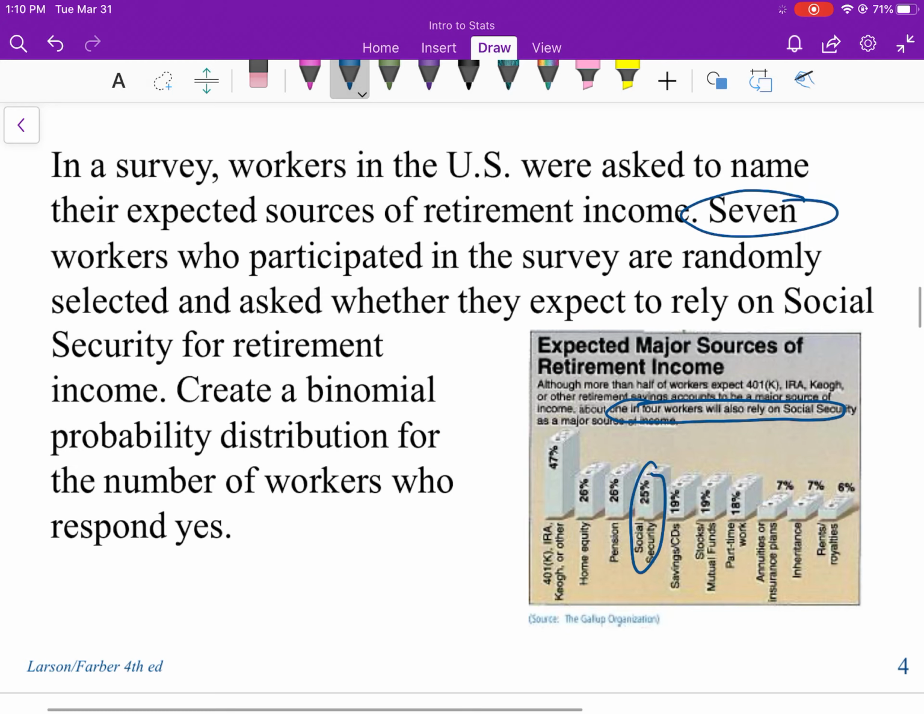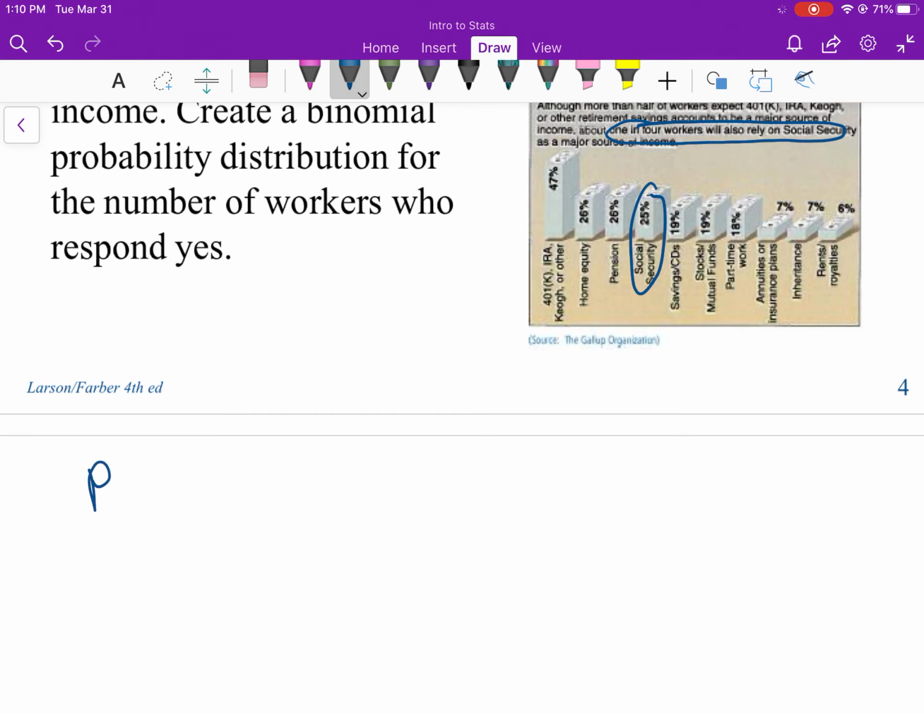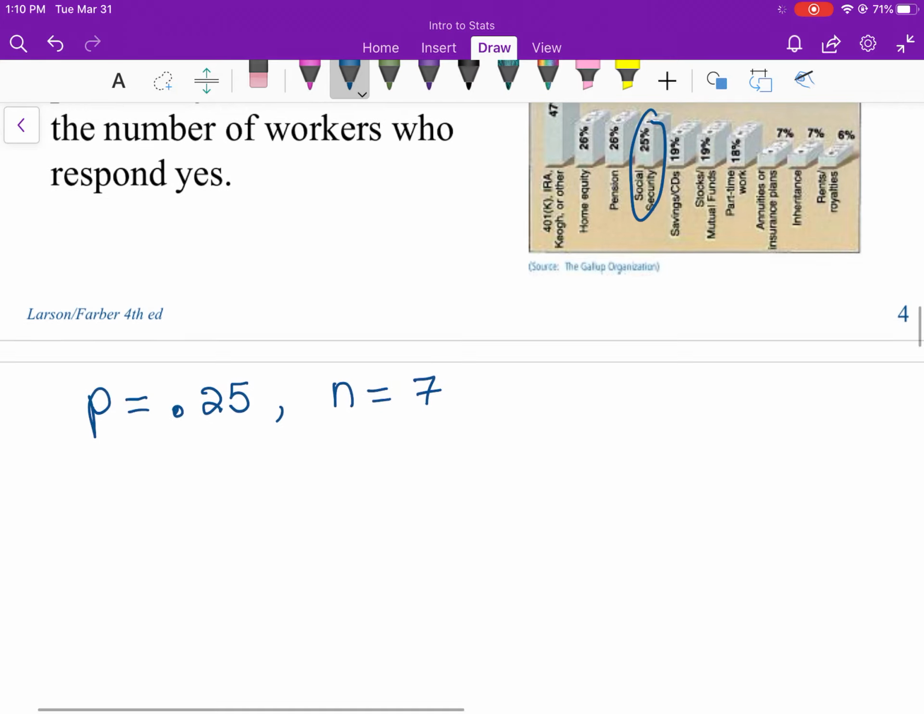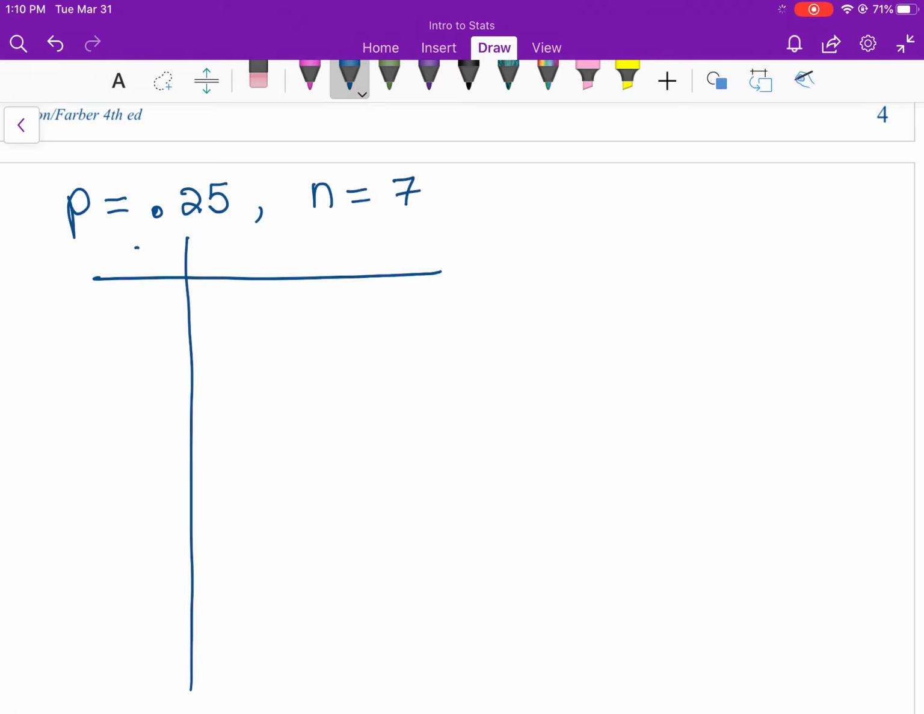Okay, we're going to make a binomial distribution for this. So I'm going to move on down to the next slide. Our P is 0.25. We have 7 workers that we've surveyed. And our distribution is going to be a table. And there's a possibility that none of the workers surveyed say Social Security is going to be their source of retirement income. You might have one person that says yes, all the way up to